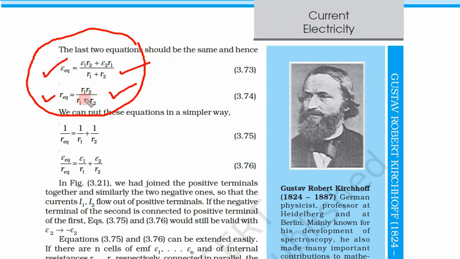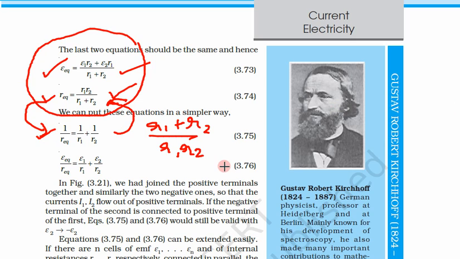Now what we can do? If we write this again, R equivalent is 1 upon R1 plus 1 upon R2. If you solve it, again you will get this same thing. So what do you get? R1 R2 upon R1 plus R2, and when you reverse it, R equivalent is the same. So this is a new way of writing the same thing. Here we write this like this. So this is R equivalent, and you can also see this is the same equation as we get for the combination of parallel resistances.